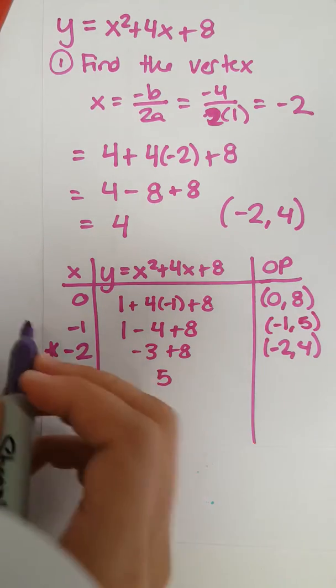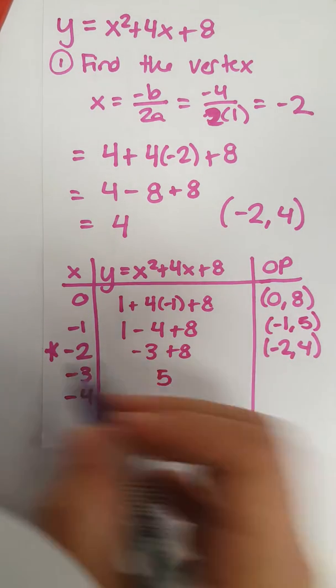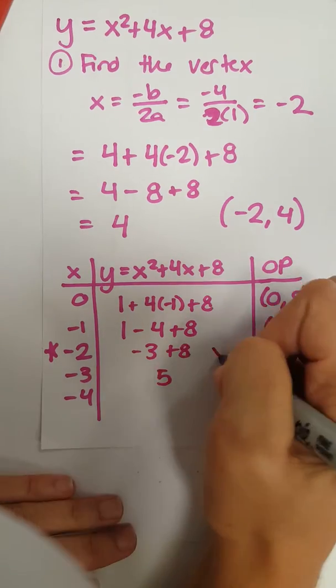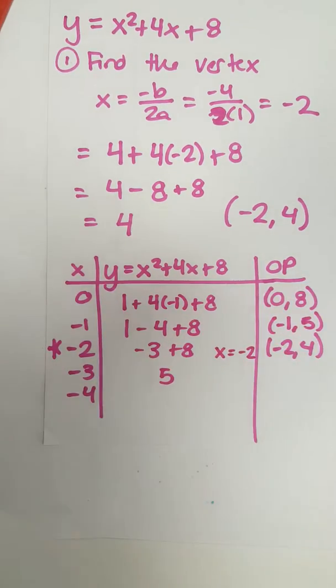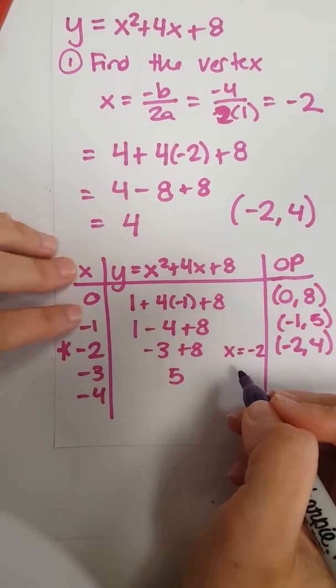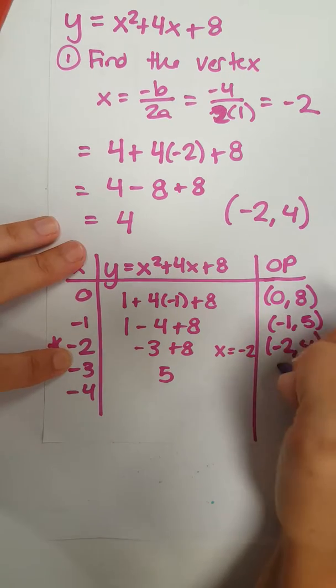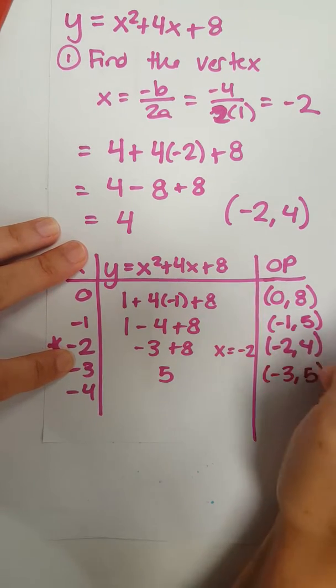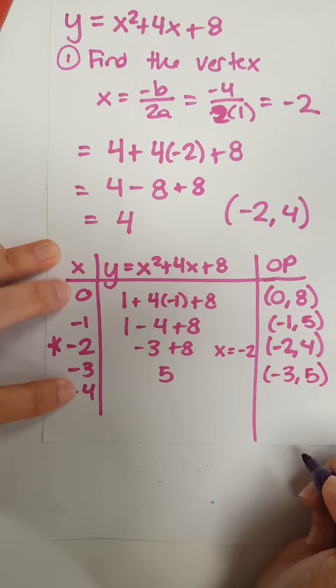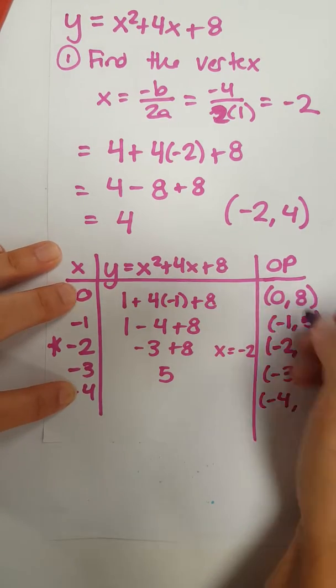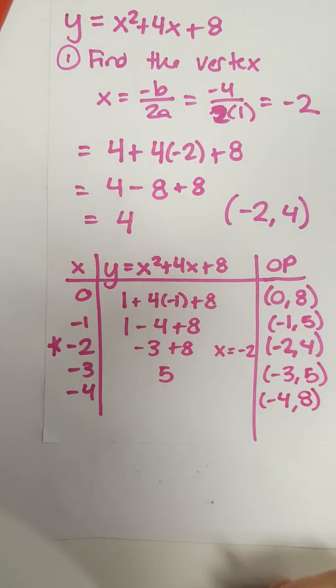Now, we know that negative 2 is our vertex, but it's also called our what? The axis of symmetry. Okay, so everything starts repeating around that. Negative 1 is 1 above negative 2. Negative 3 is 1 below negative 2. Negative 3 is going to have the same y value. Same with negative 4. Negative 4 will have the same y value as our 0. So that when we graph this,